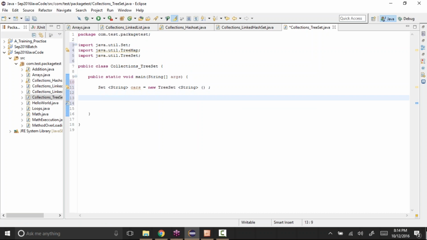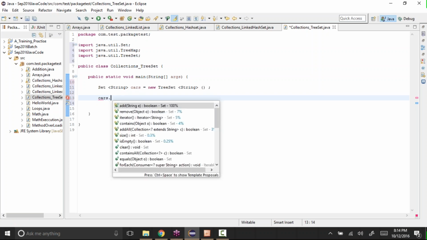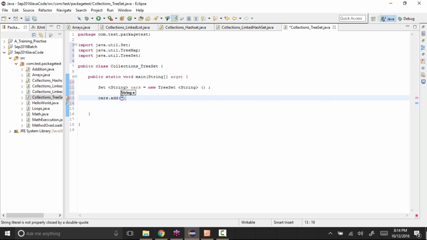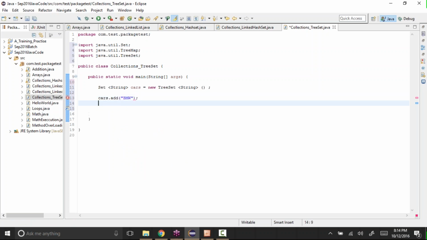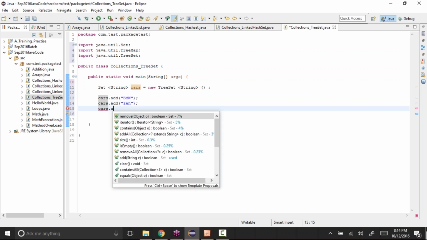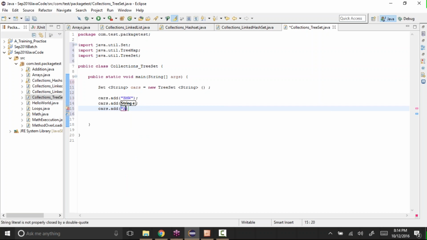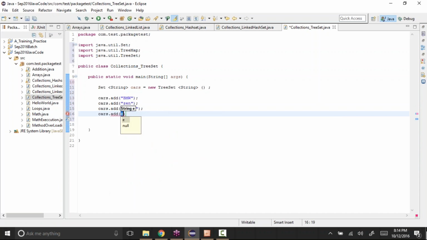Same thing again, you can add values: cars dot add BMW, then cars dot add Zen, then cars dot add Acura, then cars dot add Acura and let's say BMW.